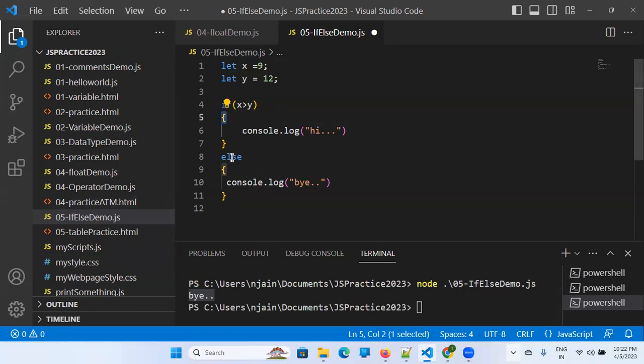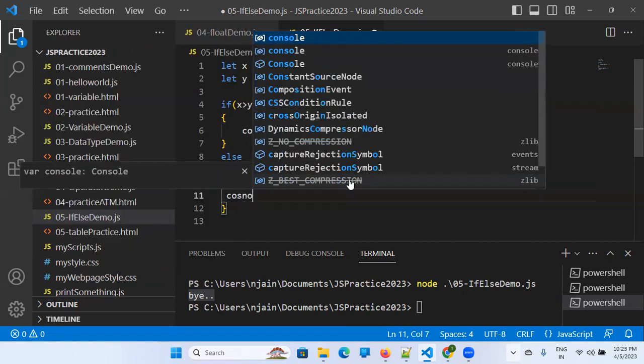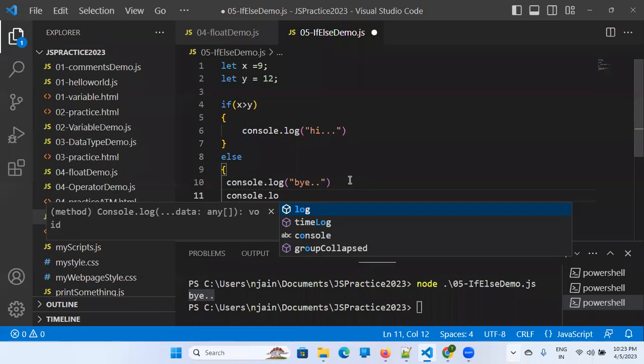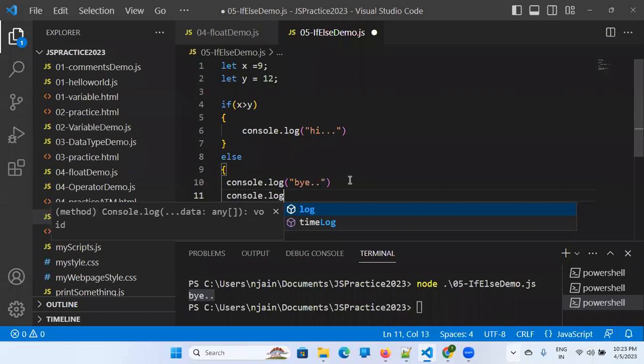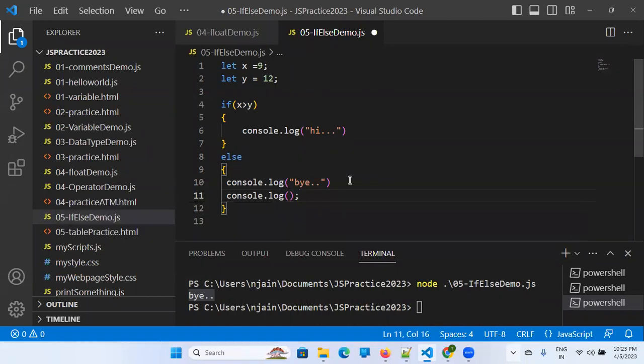And if this is not true, then it will jump directly to this part at the 9th line and execute whatever is given in between these two curly brackets. You can print more things. So I'll say console.log and then I'll do something else, right? I'll say